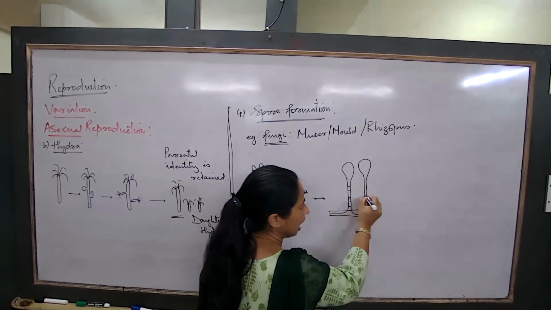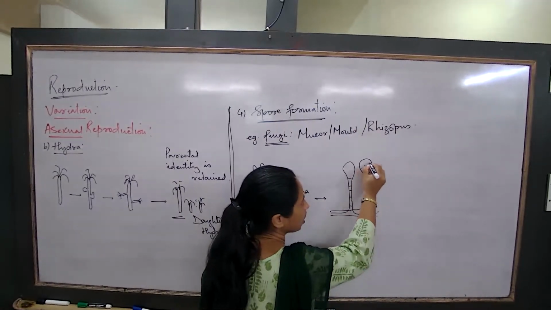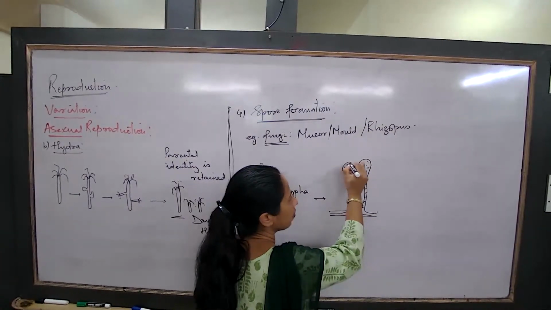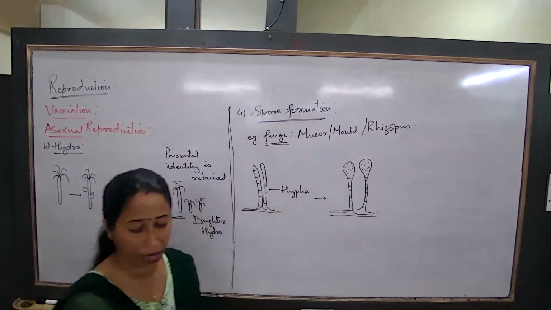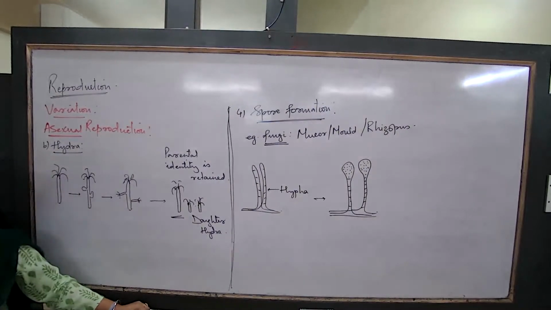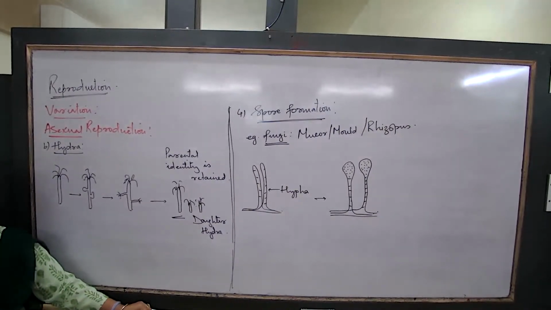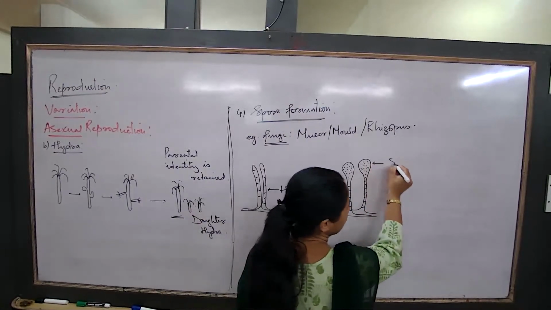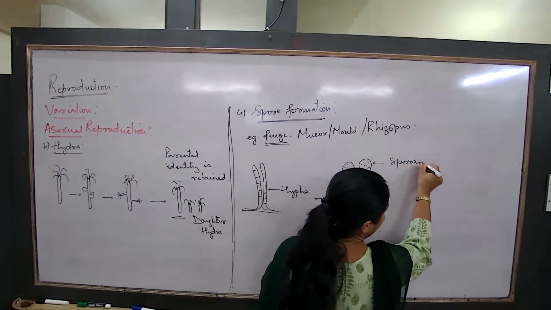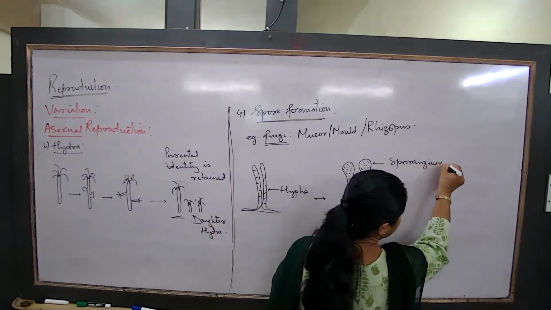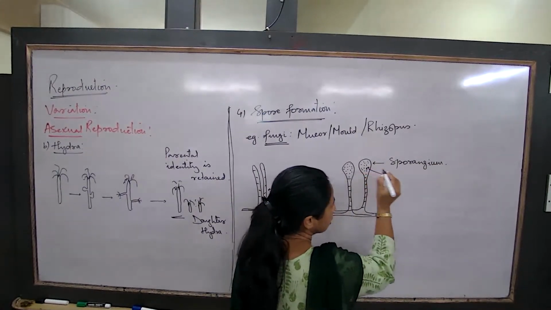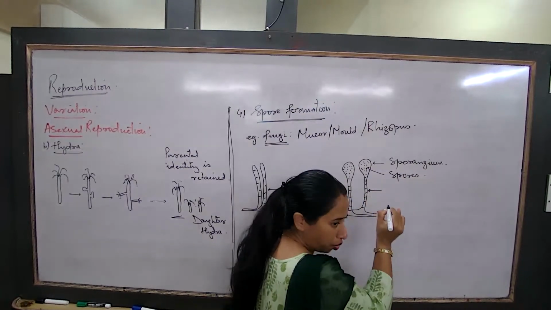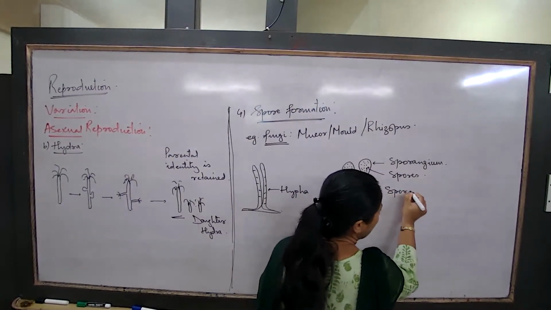Now, in each of these hypha, it is just one cell which has started showing multiple nuclear division, something quite similar to the multiple fission we were talking about, where the nucleus divides many number of times. Then what? What are these structures known as? These structures are known as the sporangium. What are these known as? These are known as the spores. And what is this now known as? This is known as the